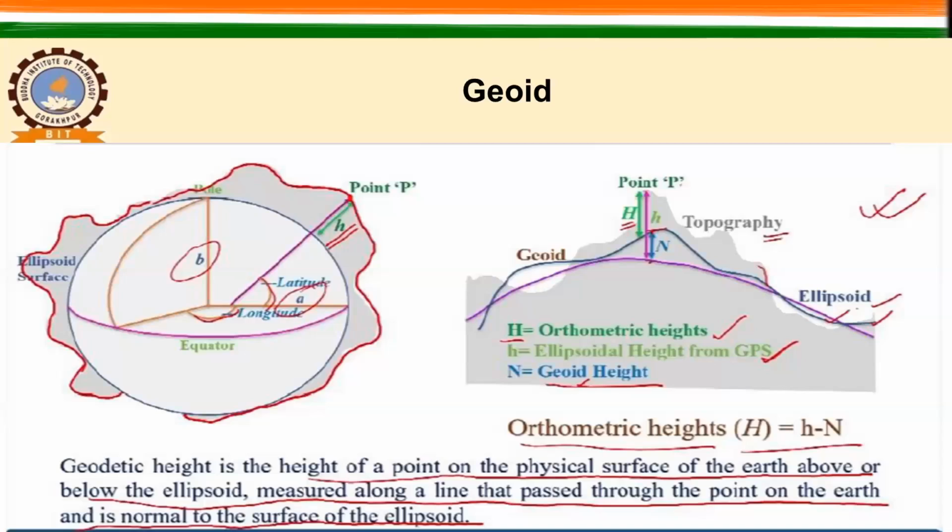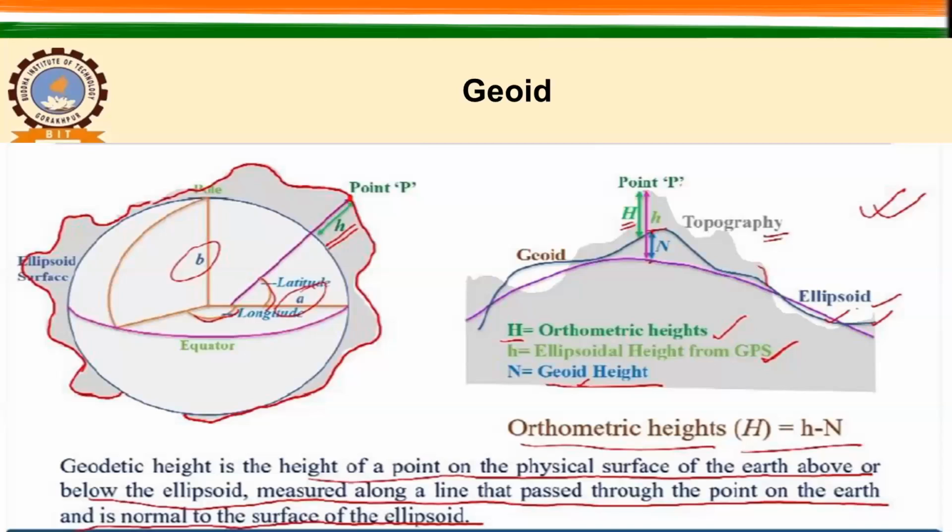I hope you are able to see this topography here. Now this is the ellipsoid and this is the topography, right? You can see these lines. Now I want to estimate the height for this point P, and the distance between the ellipsoid and the point P is a small h, and this is the geoid. From the geoid, you may have this height. From the ellipsoid, you have a small h. From the geoid, you have a capital H, and the distance between the geoid and the ellipsoid is capital N.